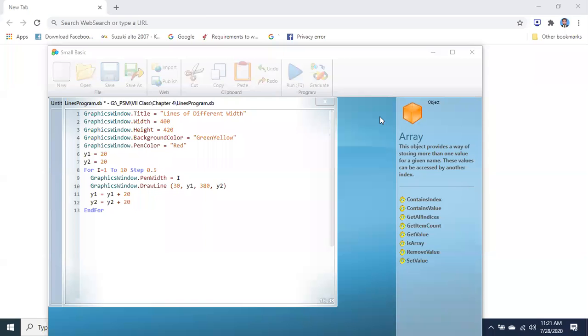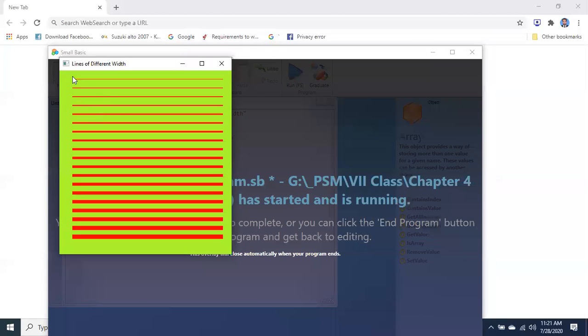Sir, maybe we will change the Y1 and Y2 numbers, or from graphics, we will change this x2. X2 is the ending position of the line and x1 is the starting position of the line. Keep in mind, right now this is fixed: 30 to 380. Each time the line starts from 30, and this is the point 380.